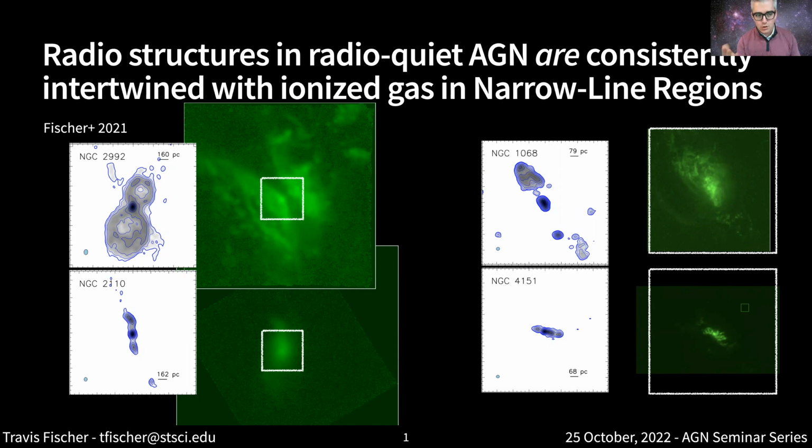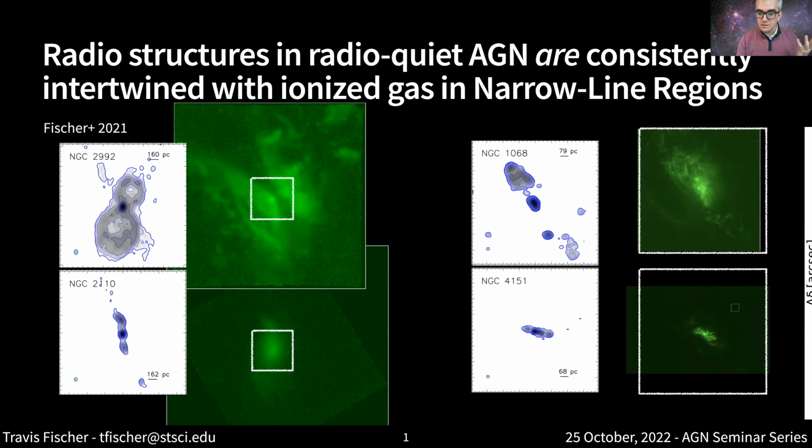and I wanted to look at them because I'm very interested in, as David was already showing, that relationship between the ionized gas and the radio structure that we see in these AGN. So what we see in other nearby radio quiet AGN is that the narrowline region is consistently intertwined with the radio structures that we see in each one of these AGN. So you have in the green images the O3 imaging here, and then in the blue contours, you can see the radio structure. And we are always seeing this alignment between the two different phases.